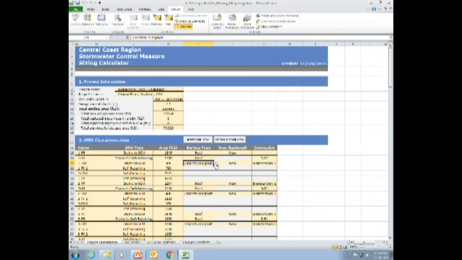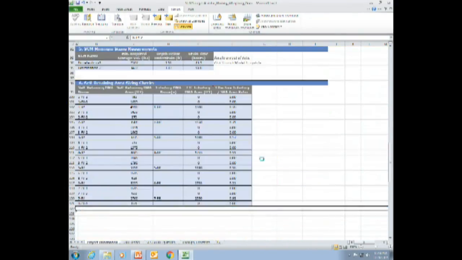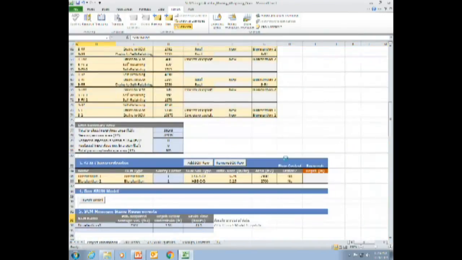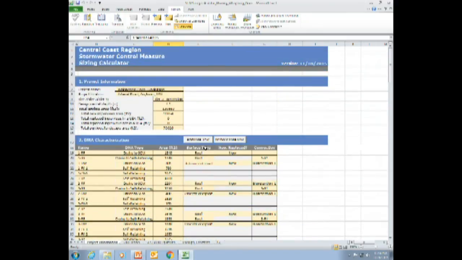Instead of having it be concrete or asphalt, change it to unit paver set in sand, come back down here, launch the model. Our value drops to 1.94. Okay. Let's move that back to